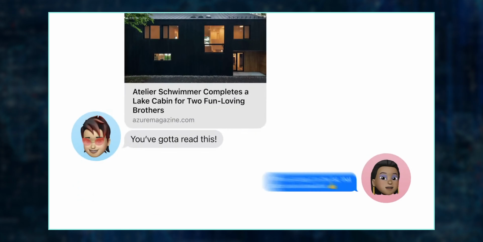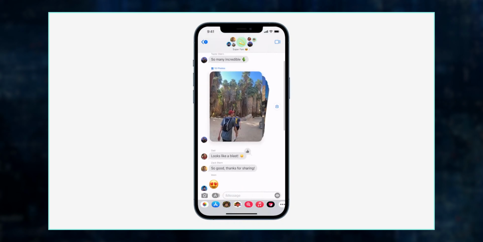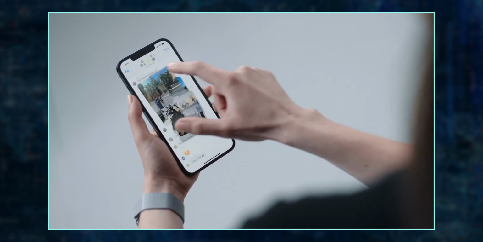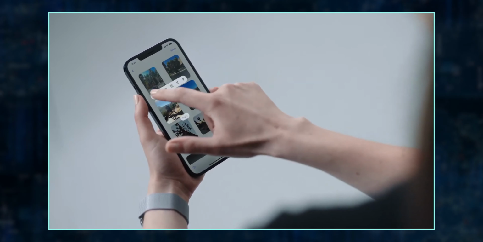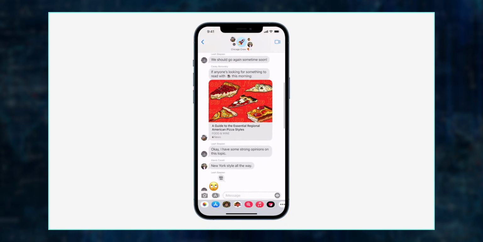Now, talking about the Messages app, I confess that I was waiting to see new animations and things like that. It's fine, we don't have any new animations, but we have new ways to share content. So for example, if you have a group chat and you or your friend like to send a lot of photos, whenever a bunch of photos are sent at the same time, you will receive them as a kind of collage. Then if you receive links or videos in the group chat, you will also have easy access to these videos or links in several applications.